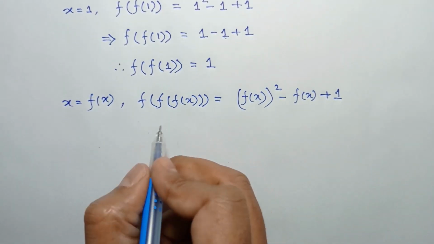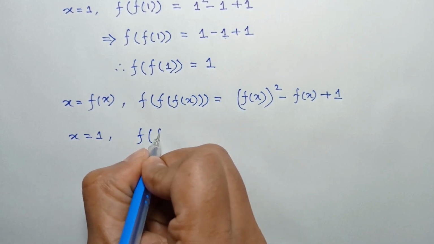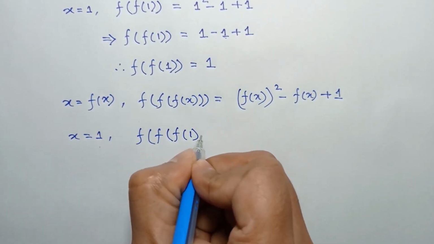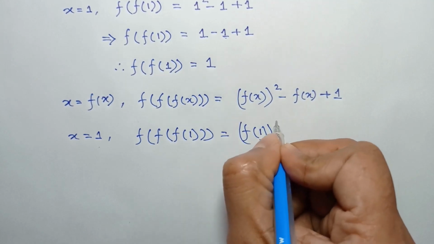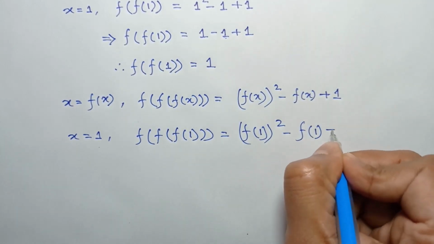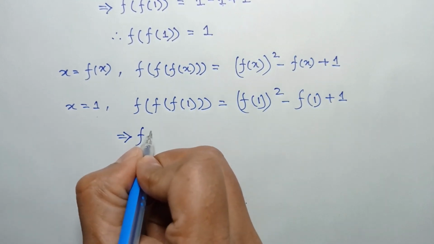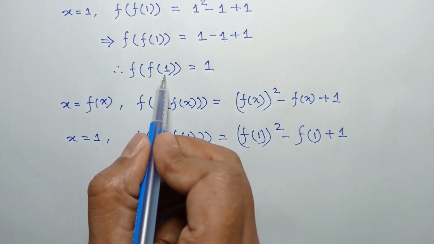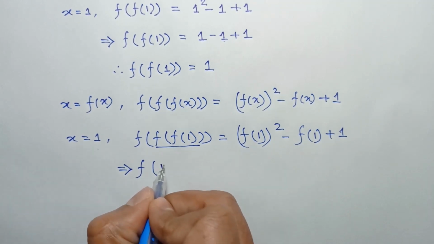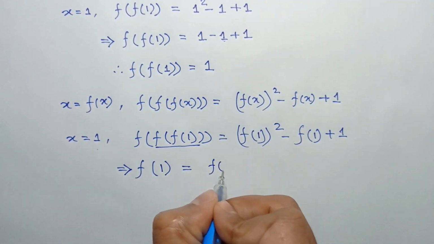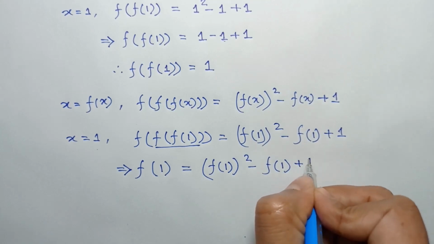Now putting x equal to 1, here we will have f(f(1)) is equal to f(1) whole squared minus f(1) plus 1, or the value of f(1) is equal to 1. So substituting this as 1, we can write f(1) is equal to f(1) whole squared minus f(1) plus 1,